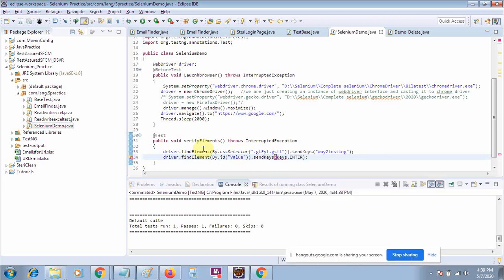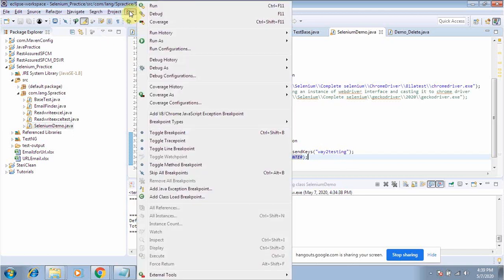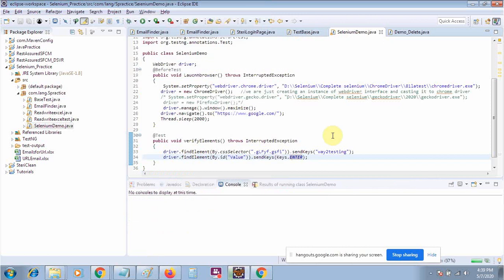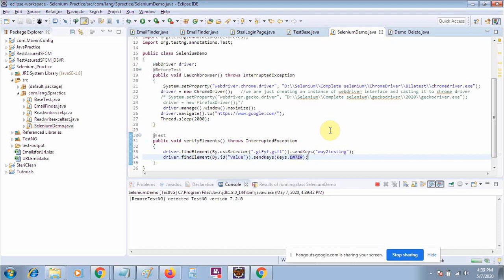This one you should use to press the enter. By this way you can press the enter in Selenium. Let me run this so that it becomes much clearer. We will launch Google, enter some value in the search box, and then press the enter key.